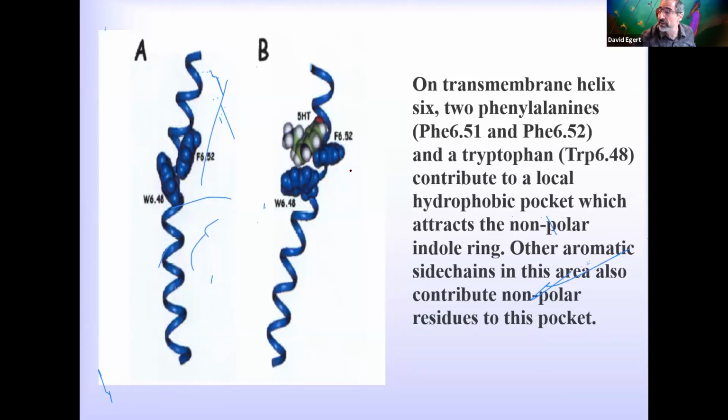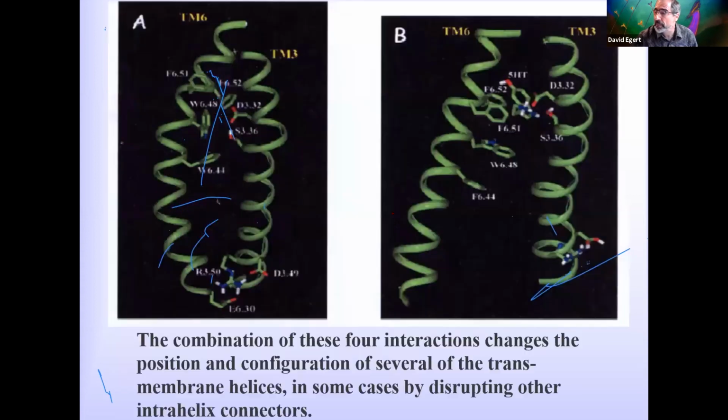On transmembrane helix 6, two phenylalanines and a tryptophan contribute to a local hydrophobic pocket, which attracts the nonpolar indole ring. So this nonpolar indole likes to fit into the little nonpolar pocket. And meanwhile, the ionic bonding and hydrogen bonding is all still happening. So all of these interactions are happening,